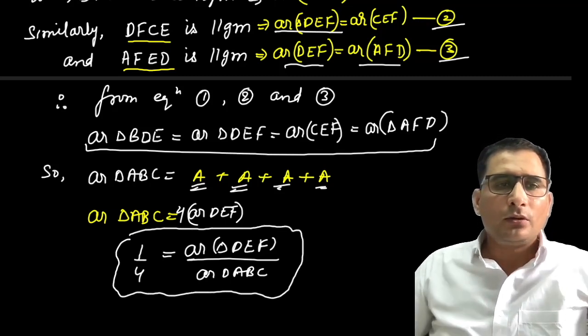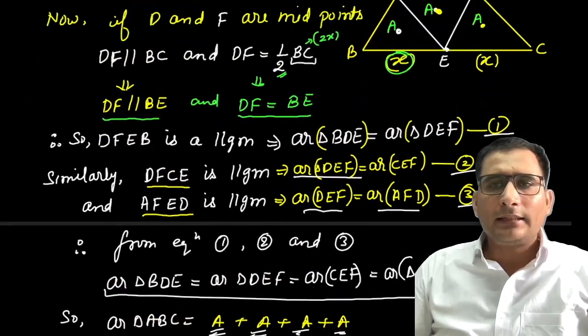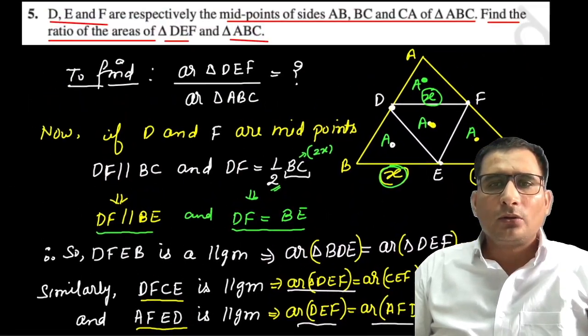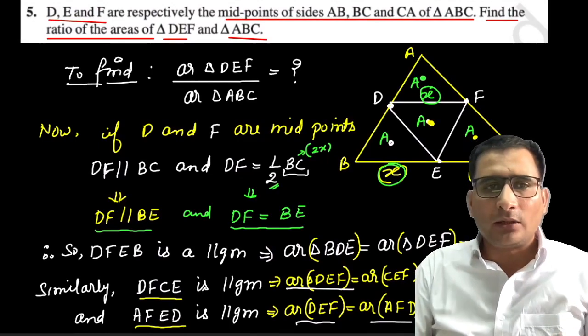Is this question clear to you all? So सबसे पहले हमने क्या किया, इन सारे ट्रायंगल्स के एरिया इक्वल प्रूव कर दिए, तो जो एरिया ABC का और होगा तो 1/4 एरिया होगा, राइट।